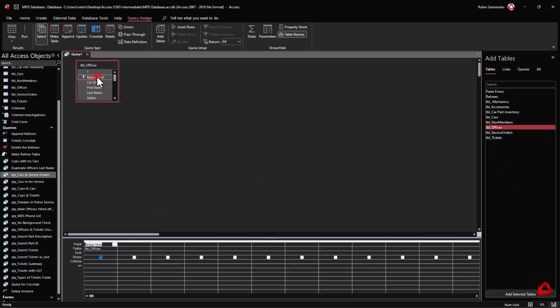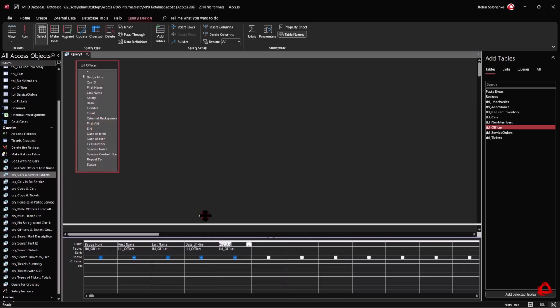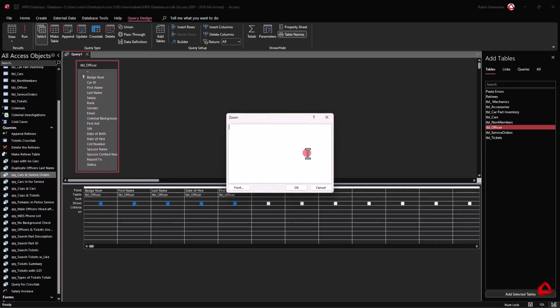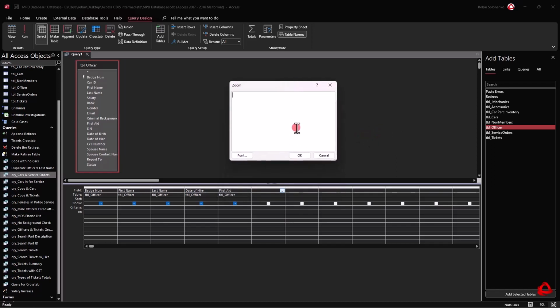And we'll take their badge number, first name and last name, and also give me their date of hire and the first aid course. Where is that? Right there. Okay, and again, you can click in the last empty column here to the right of first aid. You can zoom in with Shift F2 or Function F2. And we want to call it 90 days, or I guess 45 days. You can give it any name you want,